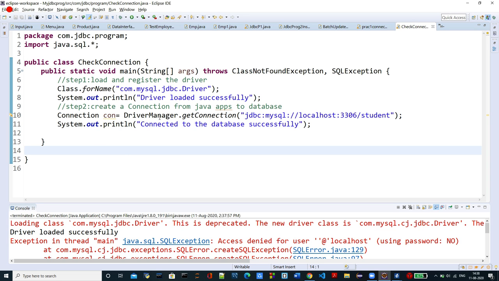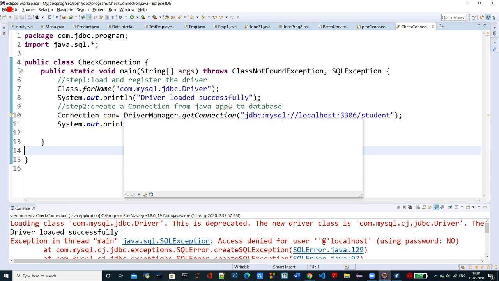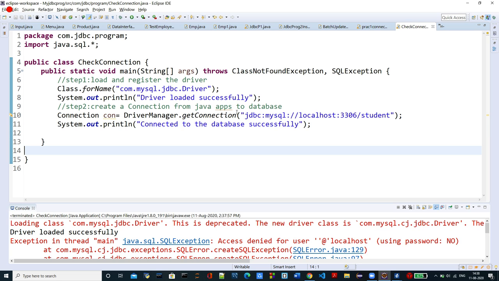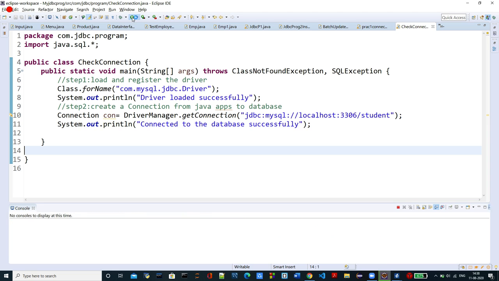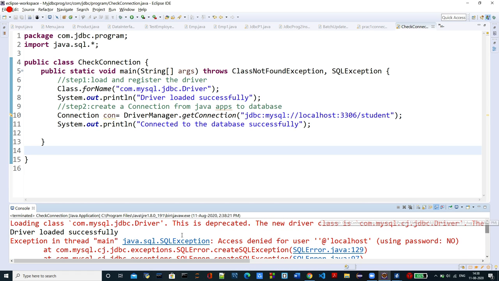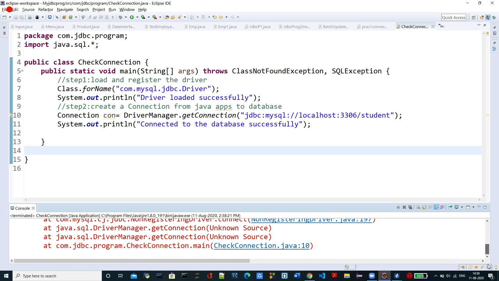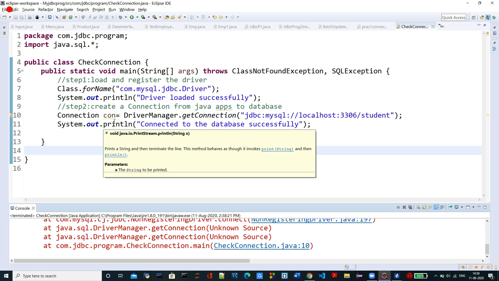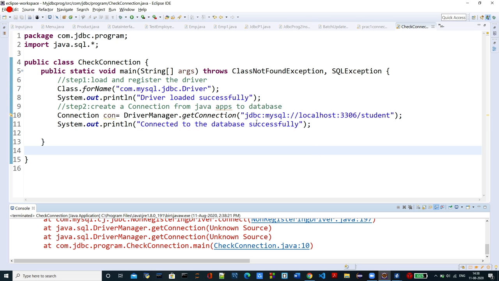Connection, and then it is saying driver loaded successfully, and then the last one is not coming, this one. So this one will be DriverManager.getConnection and then jdbc:mysql://localhost:3306/student.